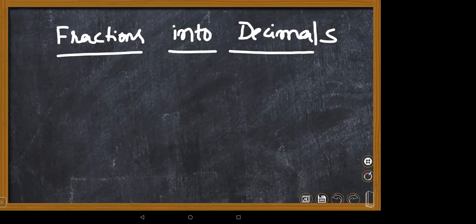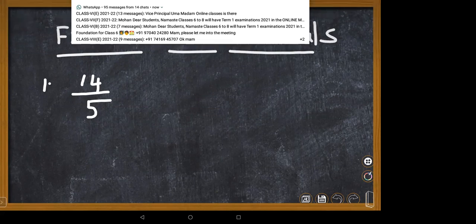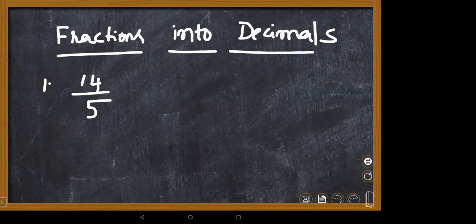But here, you just see 14 divided by 5. Sudisha, what is the numerator and what is the denominator here? Ma'am, 14 is the numerator and 5 is the denominator, and this is an improper fraction. Okay, that's okay. Just a minute. Drona, if you multiply the denominator by what number, you will make your denominator equal to 10? So what number are you supposed to multiply the fraction by?